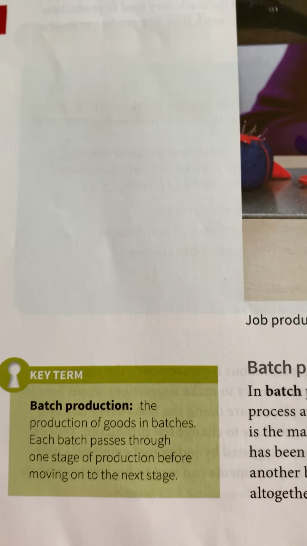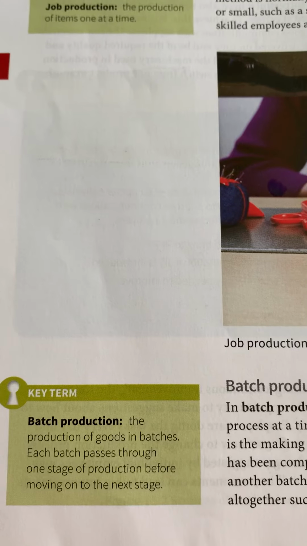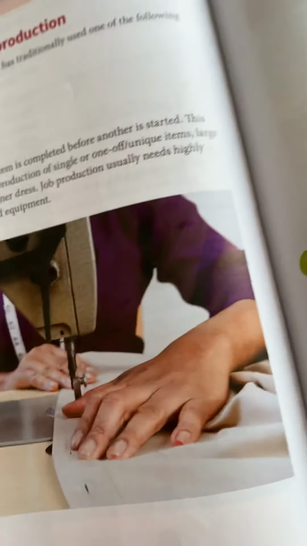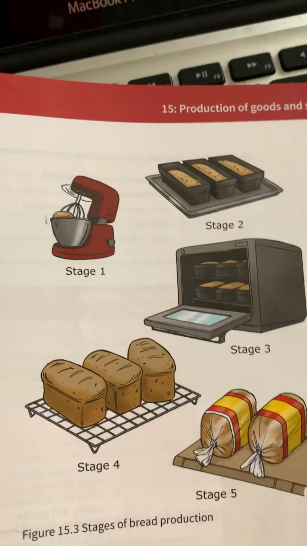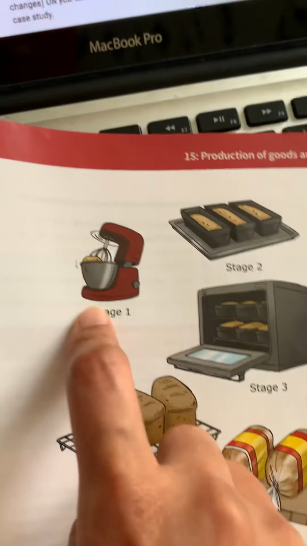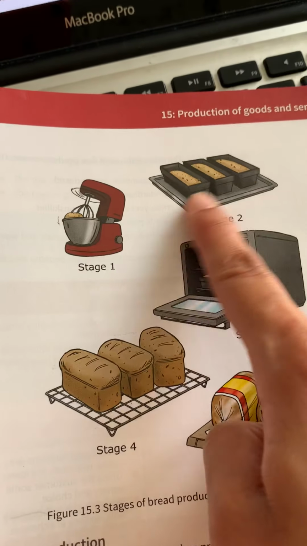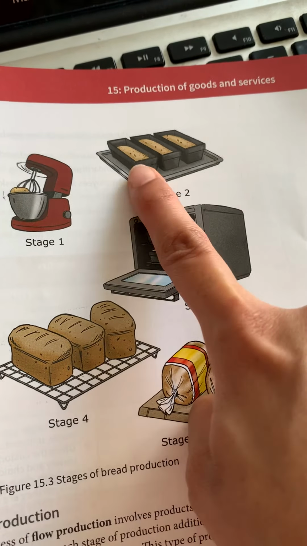Now batch production. The production of goods in batches. Each batch passes through one stage of production before moving on to the next stage. Now let's see over here. Over here they are making 6 loaves of bread. So these 6 loaves of bread will go to stage 1 together. After the 6 loaves of bread are mixed together, they will move to stage number 2. In stage number 2, they are being placed into the different